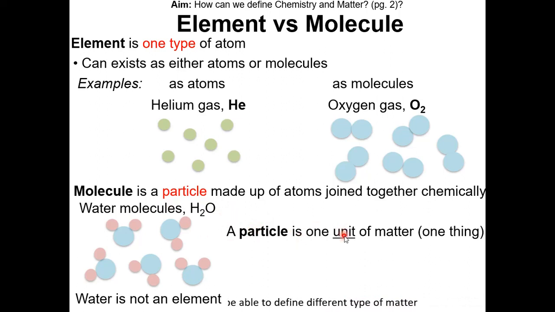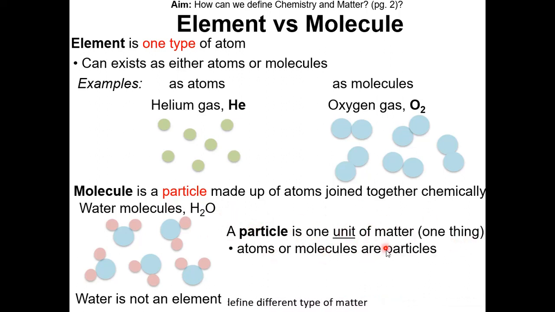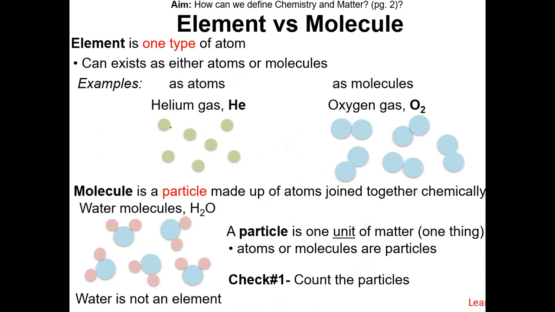A particle is one unit of matter, one thing. Atoms and molecules are particles. For check number 1, count the particles in each diagram. For this diagram of helium gas, there is 1, 2, 3, 4, 5, 6, 7 particles in this diagram for